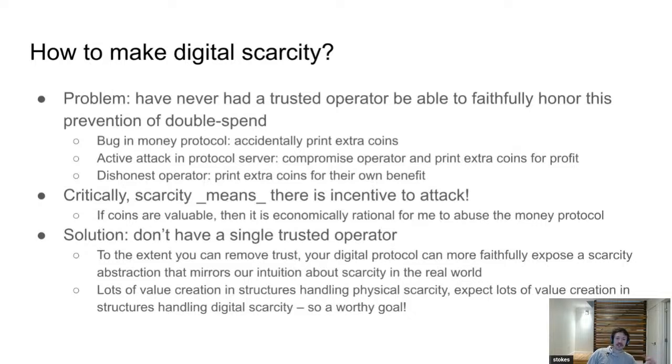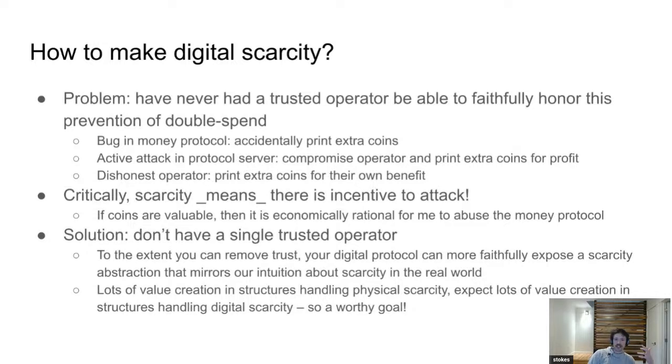Let's say we have two operators and one of them is pretty good, but sometimes has issues, their money is just not as good as another operator who never has any of these bugs I listed above, right? So to the extent that we can drive towards this trust-minimized setting,